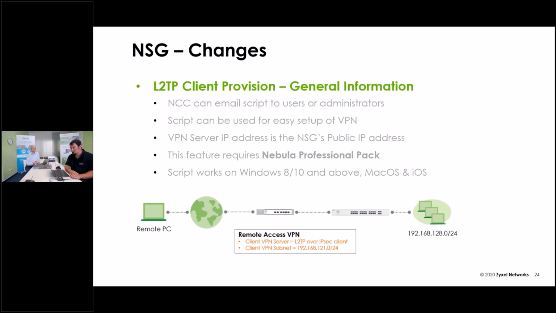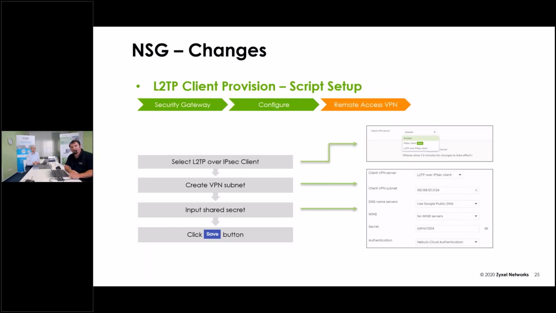And this kind of script works on Windows 8, 10 and above, as well as on Mac OS and iOS. Let's take a look at how to set this up and what this looks like. When you navigate to Security Gateway, Configure Remote Access VPN, the first step, of course, is to select the L2TP over IPsec setup. Then you create the VPN subnet, input the pre-shared key, the shared secret, basically, and